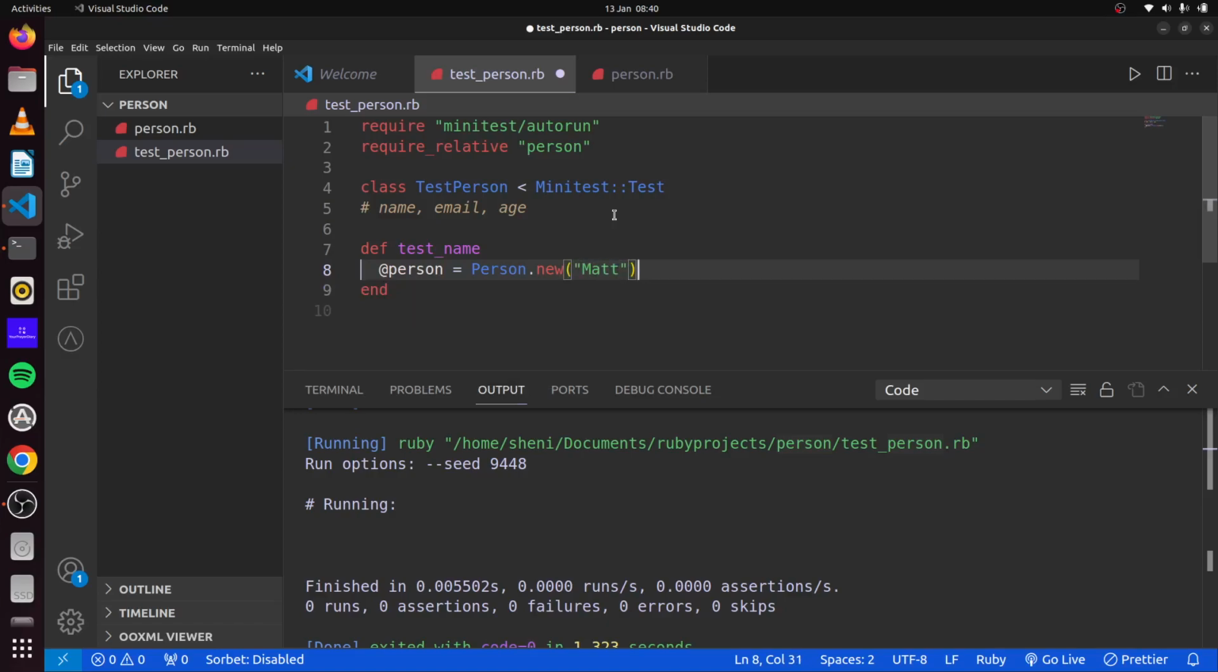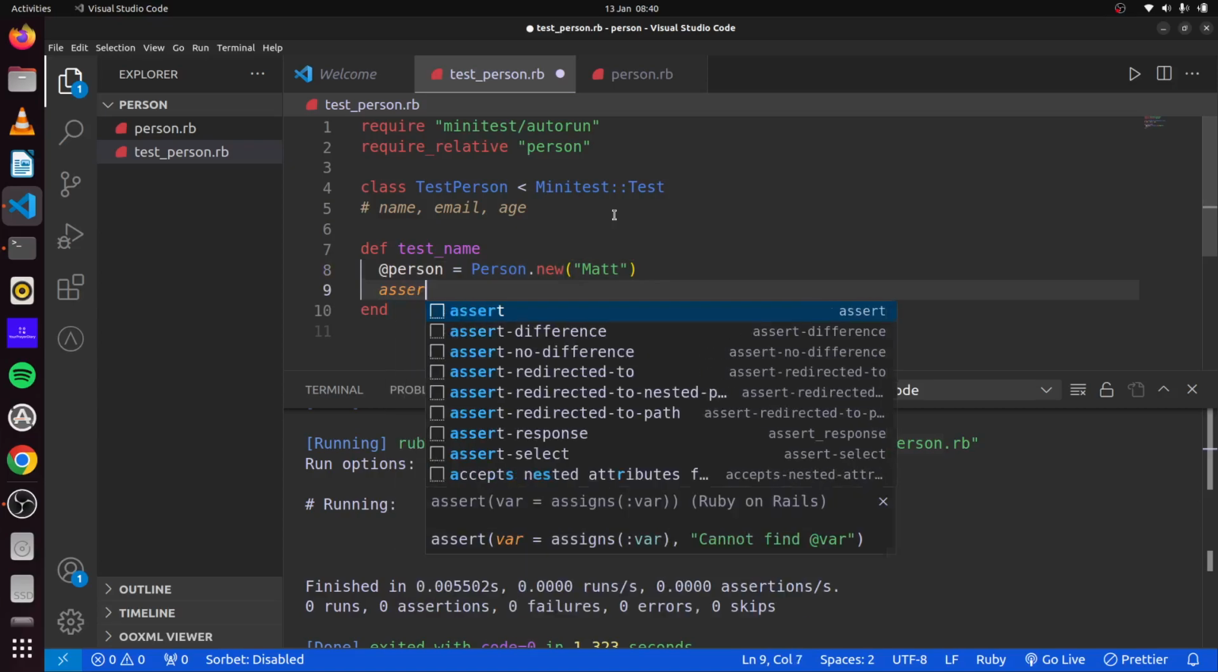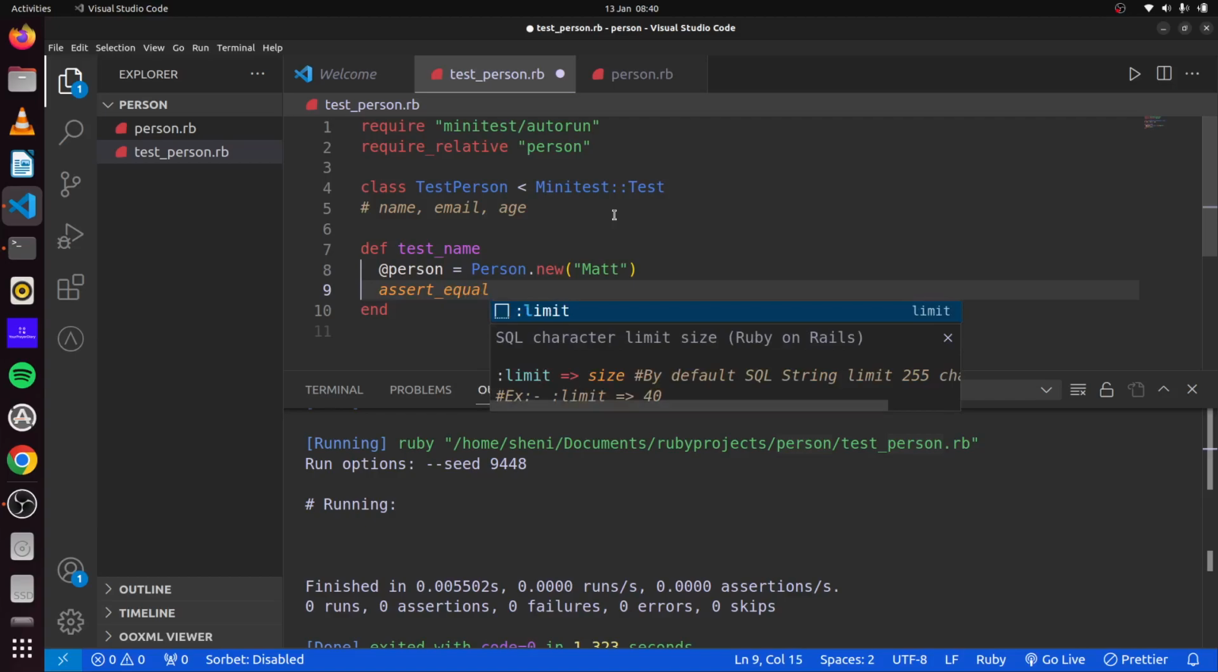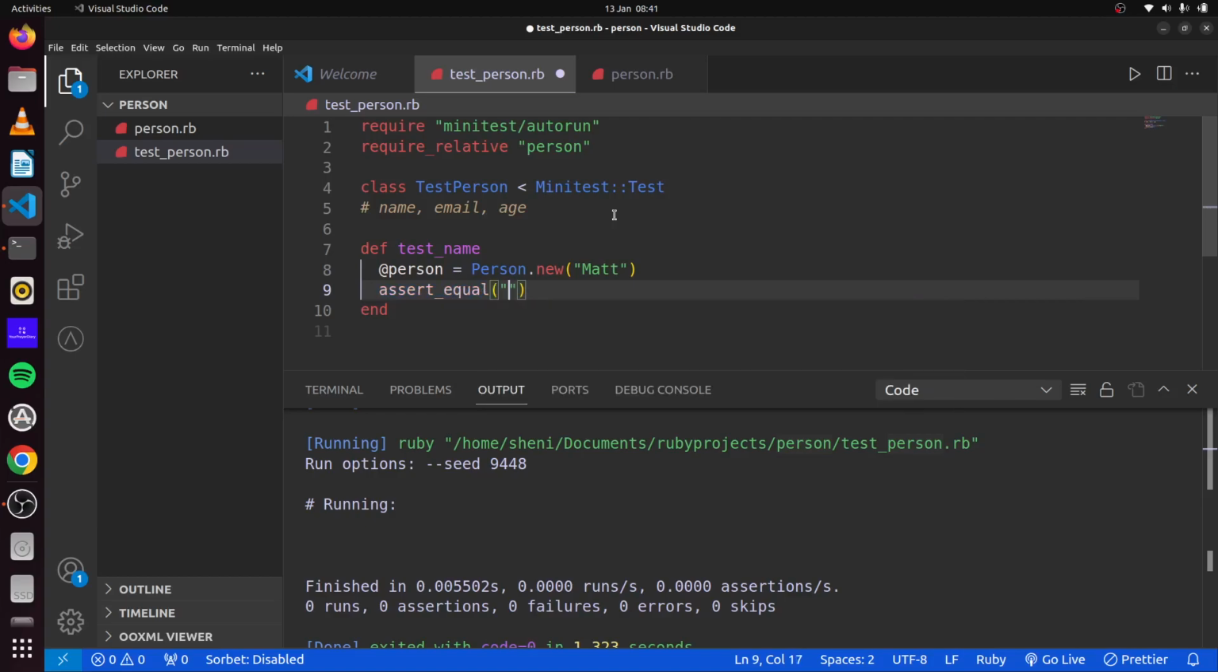So once we have done that, we can say assert_equal, and this is the test method here from Minitest. Here we are doing a comparison test between what we want our output to be, the expected value, and what we're comparing it to, name. So if we go ahead and run this,